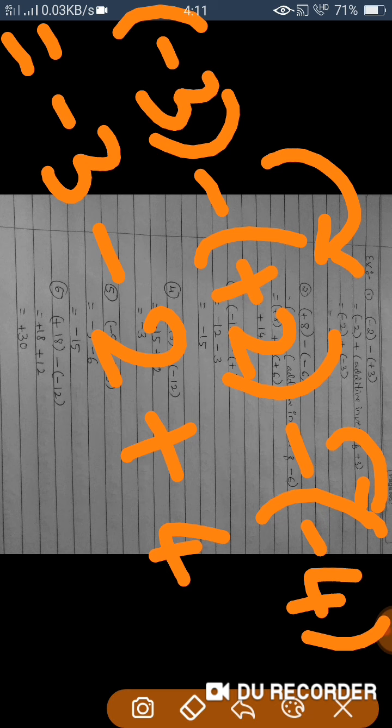Because of this minus, I'll change the plus 2 sign. That is minus 2 it becomes. Then because of this minus, 4 becomes plus 4. Now apply the addition rule. Minus 3 and minus 2 both have negative signs. Add the numerals and keep the same common sign. So 3 plus 2 is 5, and both have a minus. I'll keep a minus. For the time being I'll keep the plus 4.